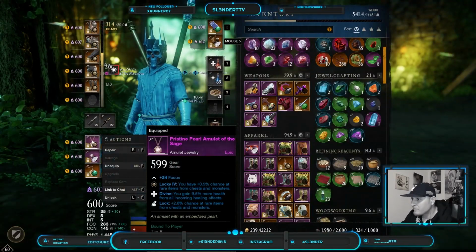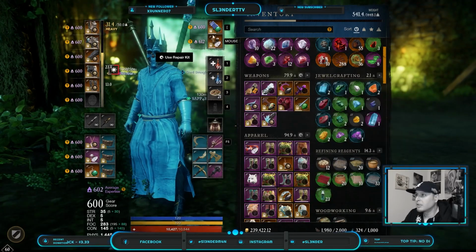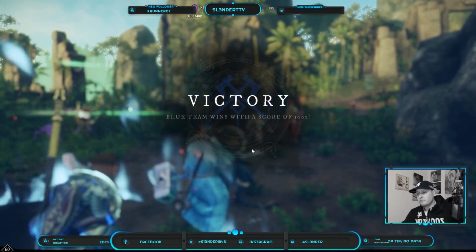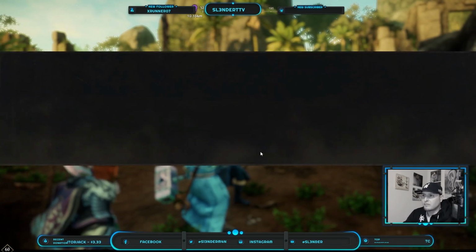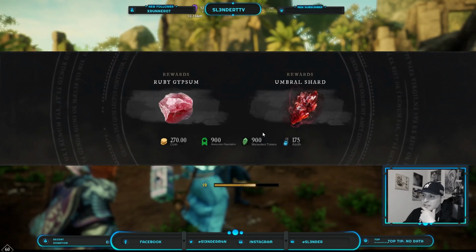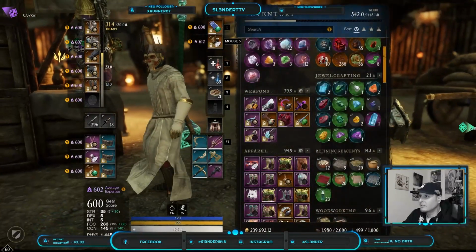So the second way to get Umbral Shards, and one of my favorite ways, is just by doing OPR matches. So if you win, you get 100. If you lose, you get 50. And in here I show you that I started out with 12 before the match, and after a victory, I got 100 Umbral Shards, putting me at 112. And then the second time we lost, only got 50, but that's 150 Umbral Shards for